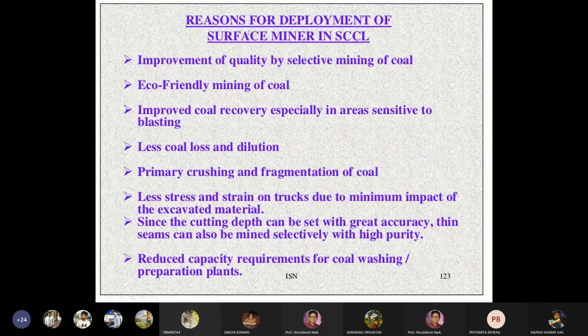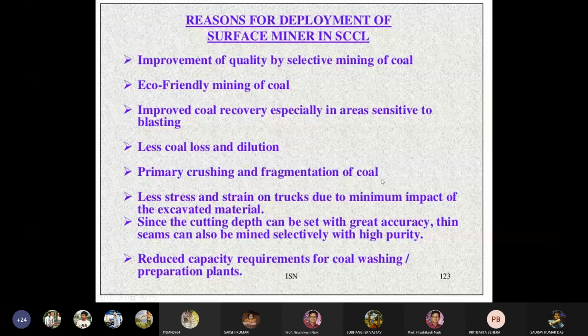So what is the reason for deployment of surface miners in Singareni Collieries Company Limited? Because it improves the quality of selective mining of coal. It is a very eco-friendly mining method. Improved coal recovery, especially in areas sensitive to blasting. Less coal loss and dilution in the case of a surface miner.